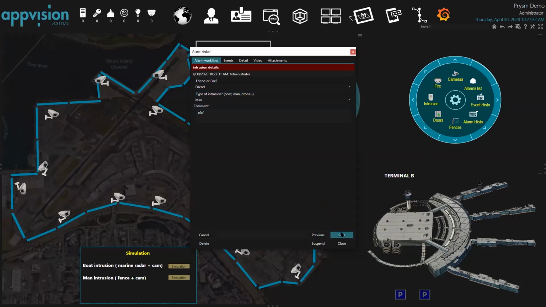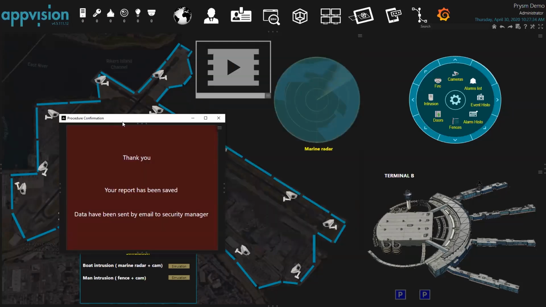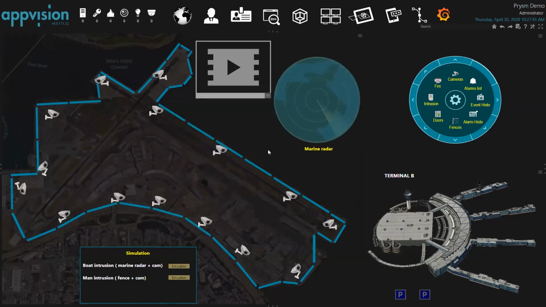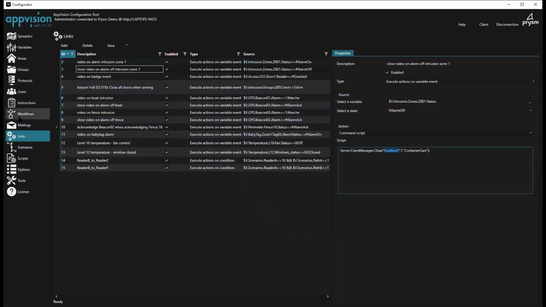And you can perform actions when you want inside the workflow. So now let me show you where this is created and how we do the link. For the workflow,